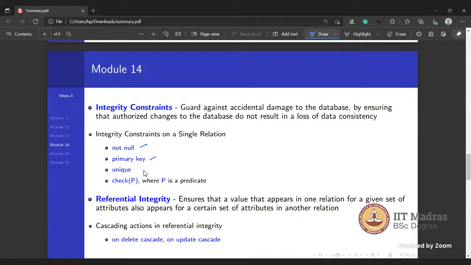Then primary key, unique constraint, and check constraint. Then we learned referential integrity, and on delete cascade, on update cascade.